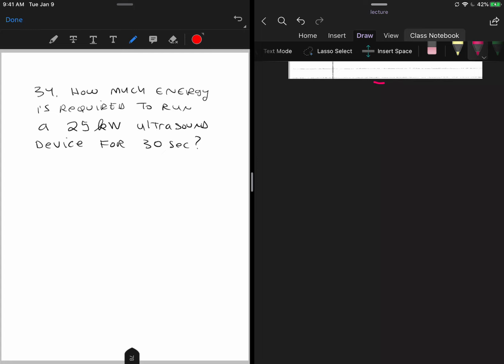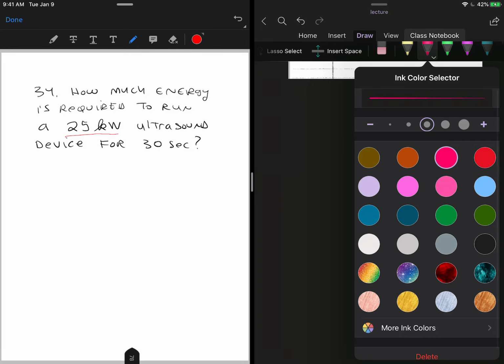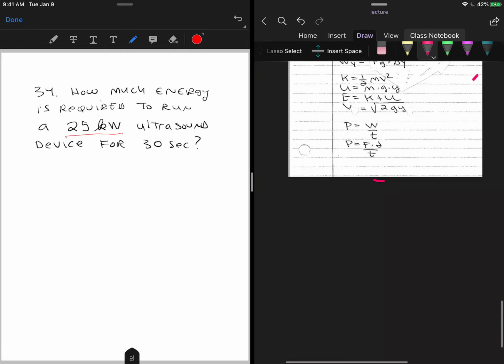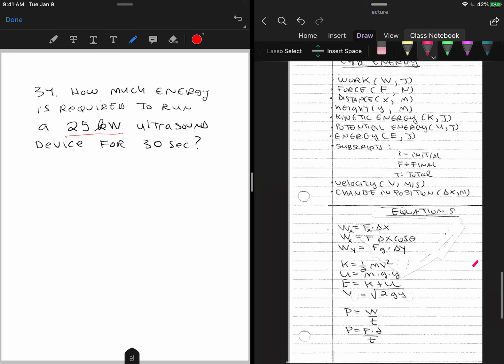Now in this problem we're trying to find how much energy is required to run a 25 kilowatt ultrasound device for 30 seconds. So let's try to identify what we're given here. So we have 25 kilowatts. So if we try to look and see what the units for kilowatts are going to be,